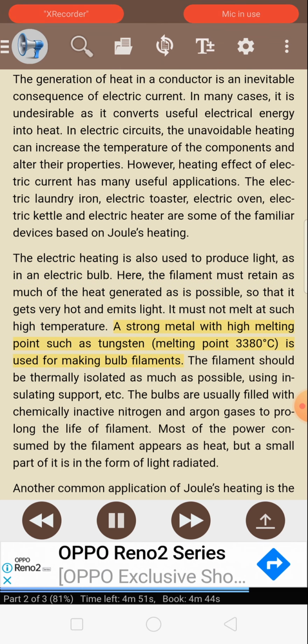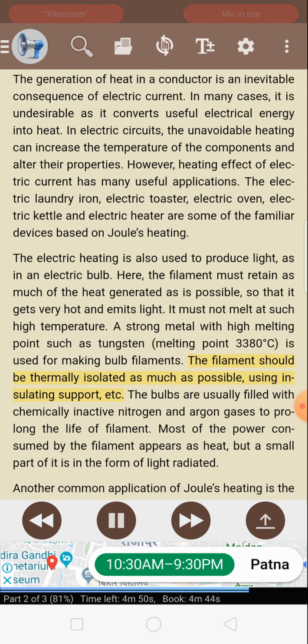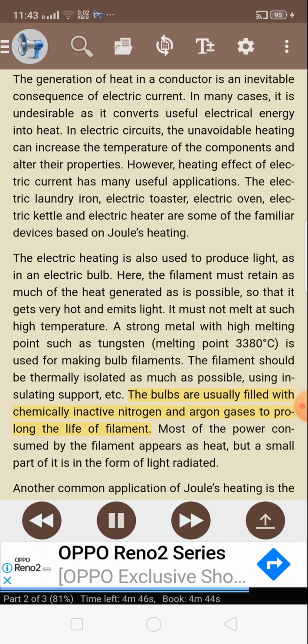A strong metal with a high melting point, such as tungsten, melting point 3380 degrees Celsius, is used for making bulb filaments. The filament should be thermally isolated as much as possible, using insulating support, etc. The bulbs are usually filled with chemically inactive nitrogen and argon gases to prolong the life of the filament. Most of the power consumed by the filament appears as heat, but a small part of it is in the